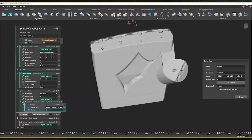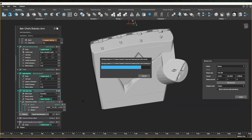Okay, so that is awesome. So this is going to be with drain hole. We're going to save that one as a variable to use later. So Ben, are we okay with the hand? Yeah, it's great. All right, awesome. So with the hand, we've got our shell and gyroid, we've got our drain hole. So then there was one other thing that we were working on for Ben,